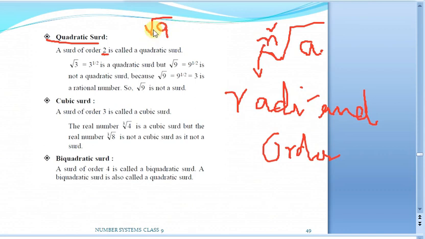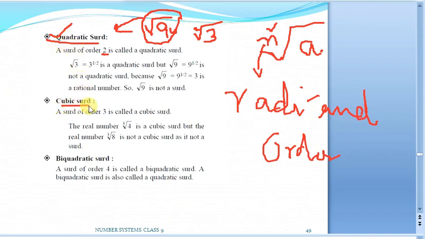Why? Because even if we consider square root of 9, this is a rational number, and by default we assume n is 2, so both conditions are satisfied, but the entire result has to be irrational for a surd. But square root of 9 is what? Plus or minus 3. Is it irrational? No. So if it is a surd, let us say root 3, so a is 3 here and n, by default, since it is a square root, is 2. So in this case it is going to be a quadratic surd. So the order of the surd is 2, then we call it a quadratic surd.